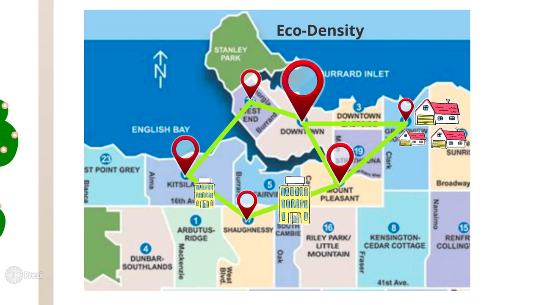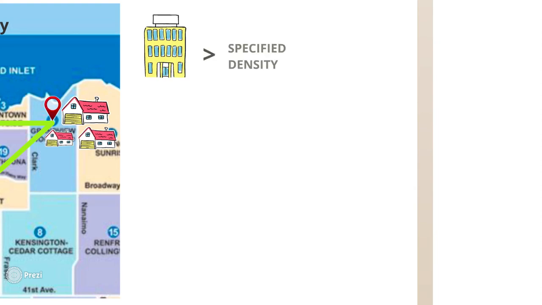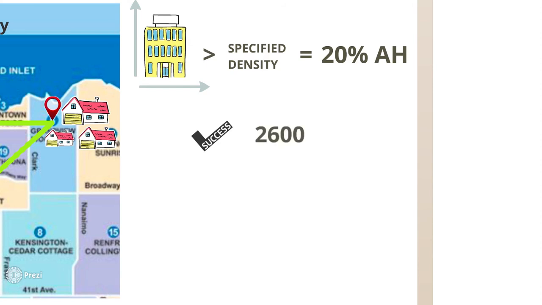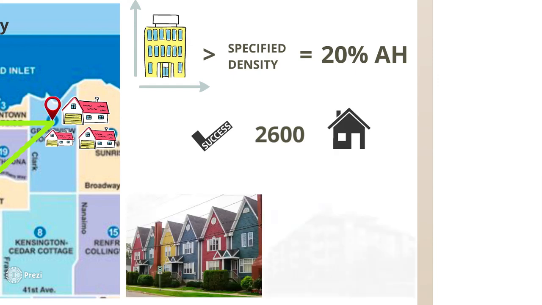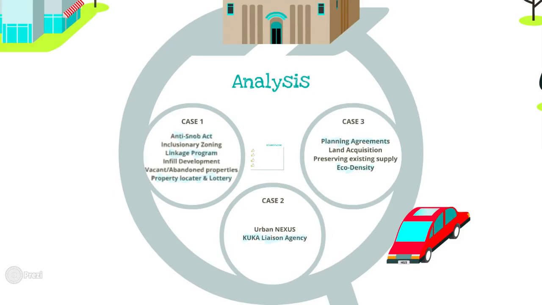A planning strategy enforces developments above a specified density to dedicate 20% as affordable housing in return for extras in height and floor space and easements in unit size requirements. These strategies resulted in 22,600 additional affordable units. It isn't one policy that makes a difference, it's a combination of several policies, and recommendations for Sydney are